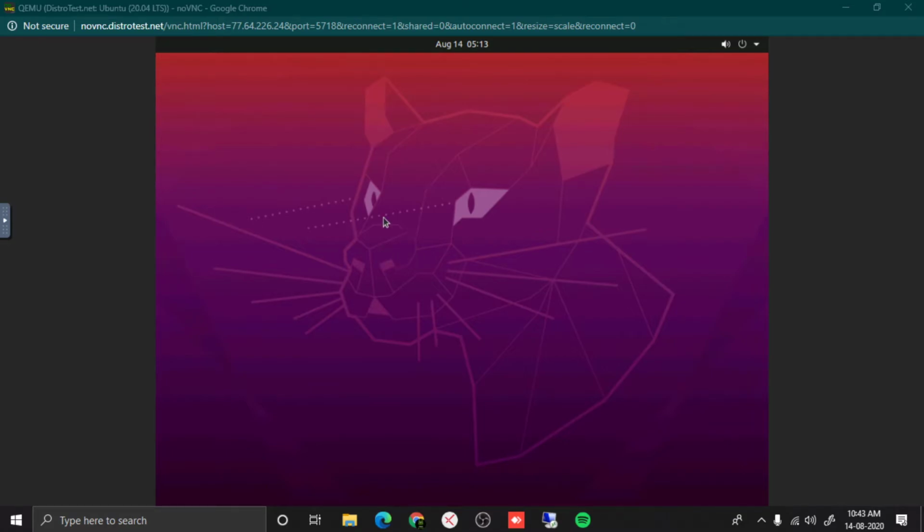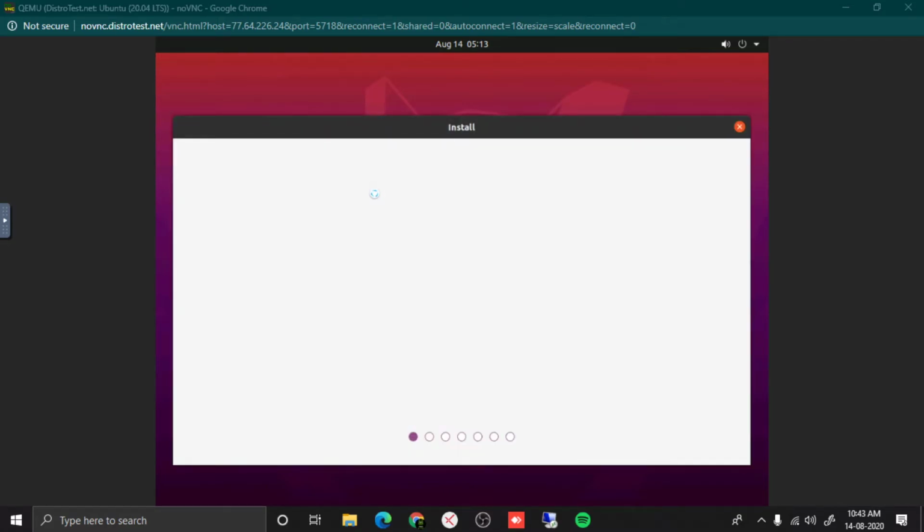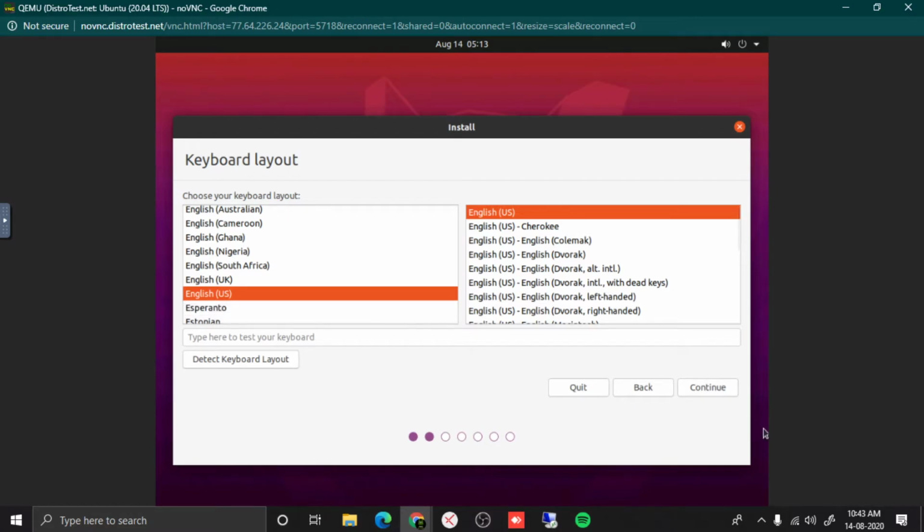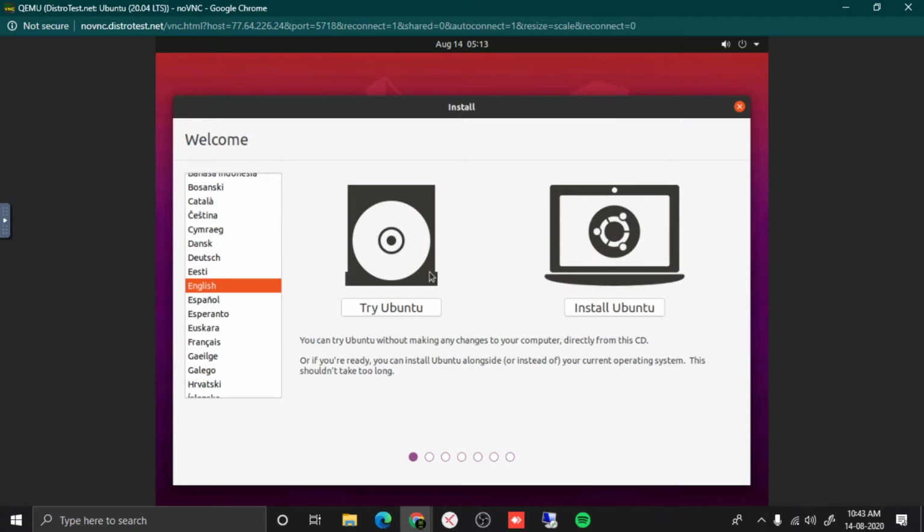Okay, I think it has started now. Because this operating system is based on a server, it is slower than the actual Linux operating system which you would install on your computer, but it is beneficial for those who don't want to install it on their computer and just want to use it. So let me go back. I will click on try, because I am not going to install it on the server.